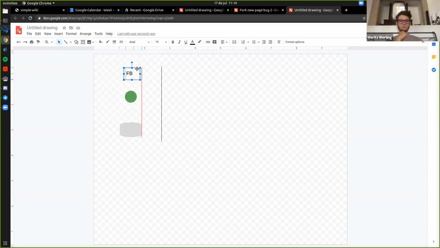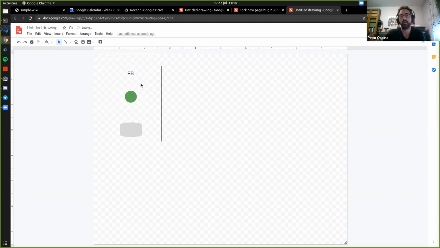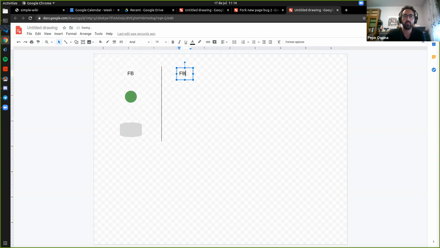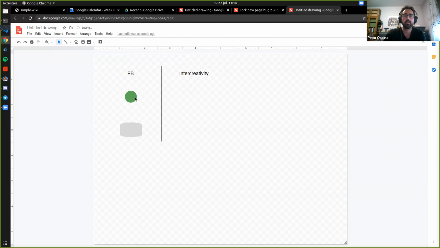So the difference with this and an Evee, let's say you go to interpretive, is that the ID of the object is going to be like a full URL, in the sense that it combines where you want to find the object and what its ID is, kind of the full URL of the Facebook post.